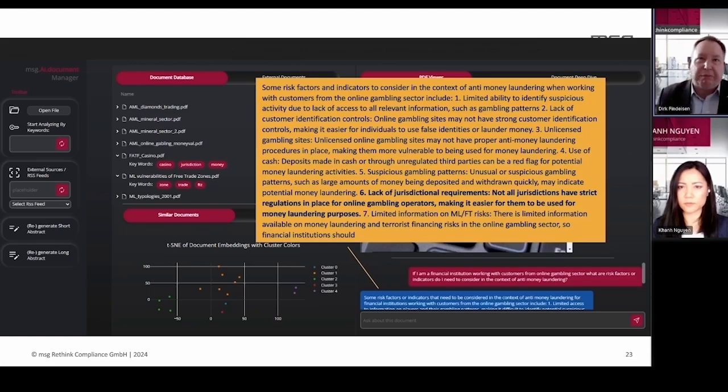But from an overall perspective, you are always more flexible if you build it on your own, because you can do whatever you want to do. The problem is you need to do it, and that's always the issue.